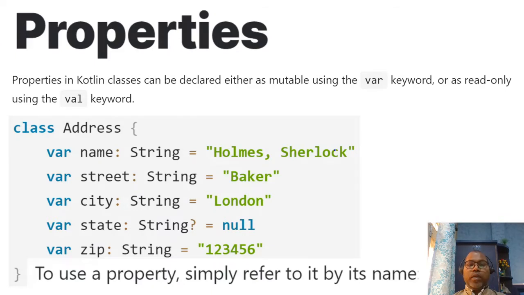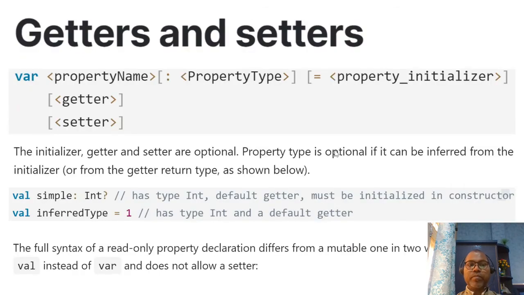So we have two places where you can define your property. Go to the class body and declare your property 2, property 3, property 4, property 5. Or we have the option to declare them inside your primary constructor itself. Kotlin offers both ways.